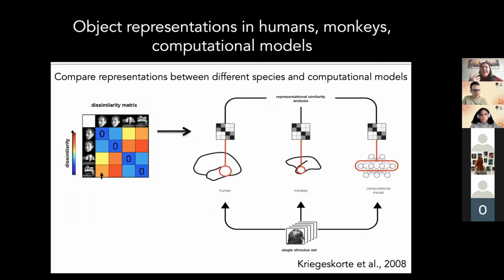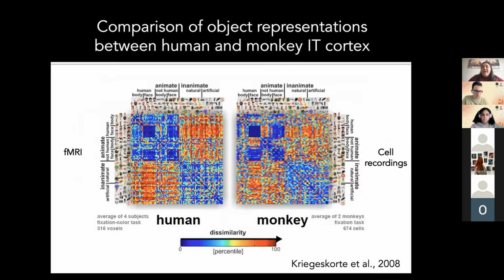And the third thing that you can do with representational similarity analysis is that you can compare representations between different species and computational models. So for example, once you have your dissimilarity matrix, you can take the IT cortex from humans, you can take the IT cortex from monkeys, or you can take the IT cortex representation of a computational model, and then you can compare how similar they are, and you can try to infer many things based on these findings. And actually, Kriegeskorte et al., in their study, compared the dissimilarity matrix that is computed as a result of the fMRI recordings in humans,